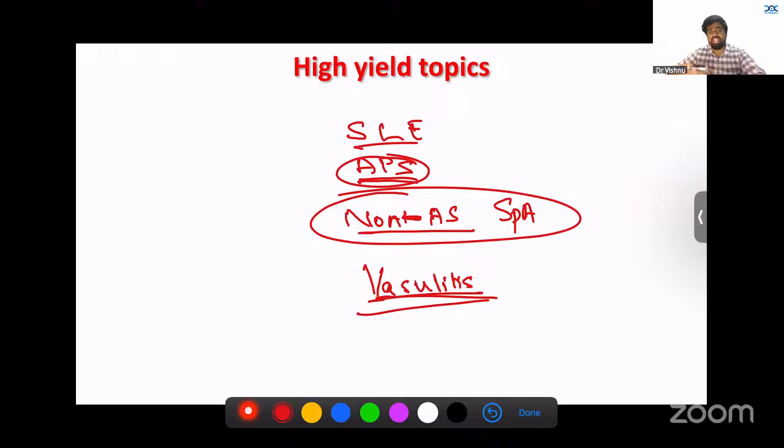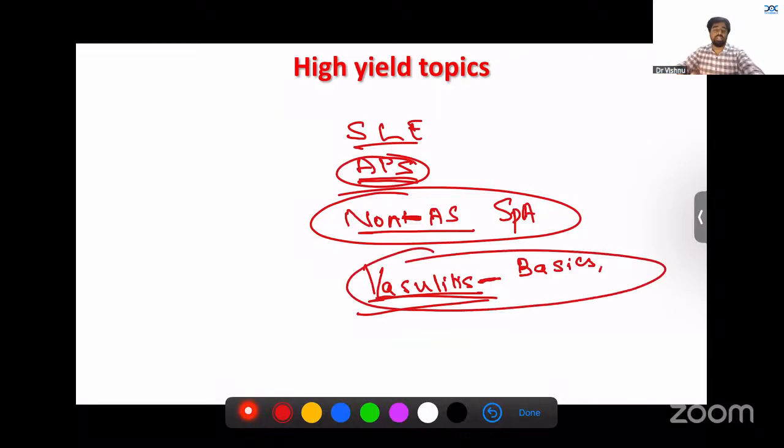Obviously, if you've given your NEET assess recently, you would not find it very cumbersome to go through it. And remember, in vasculitis they're not going in depth into the management, etc. They're basically focusing on your basics, which is medium vessel, which is immune complex mediated. One question was a little bit difficult, where the exact option was that HSP is an ANCA-mediated vasculitis, which was the option you should catch. That doesn't need any in-depth reading. So if you're weak in vasculitis, just read the basics and go. Minimum that much is necessary.